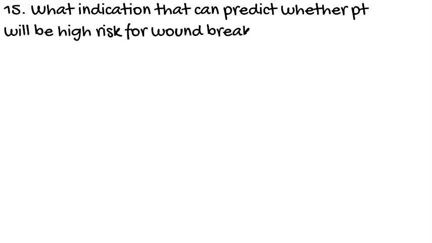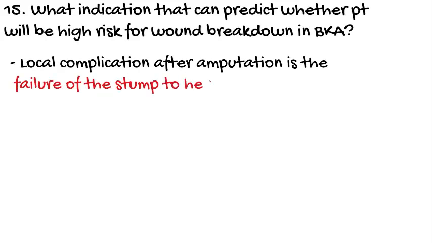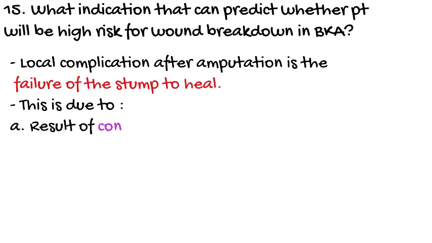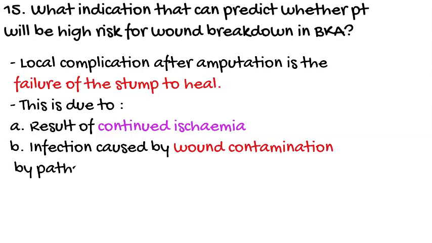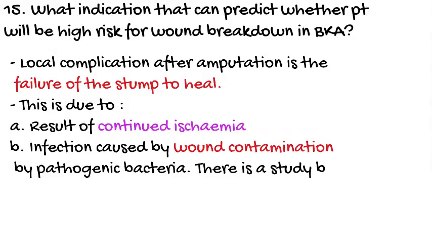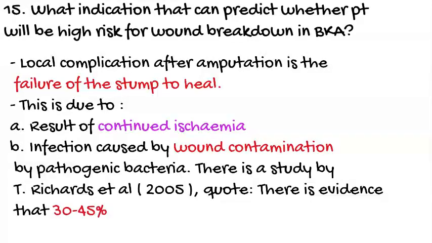Number 15 question. What are the indications that can predict whether a patient will be at high risk for wound breakdown in below knee amputation? Please remember, local complication after amputation is the failure of the stump to heal. This is due to A. Result of a continued ischemia, B. Infection caused by wound contamination by pathogenic